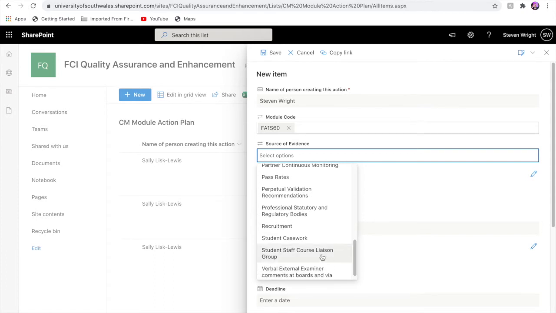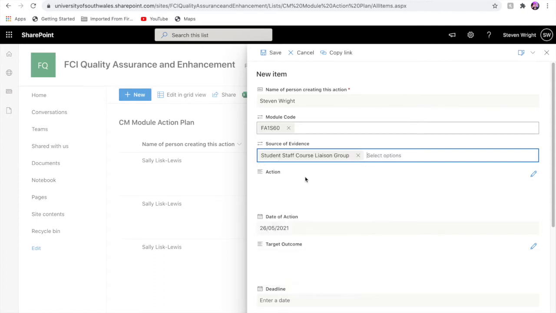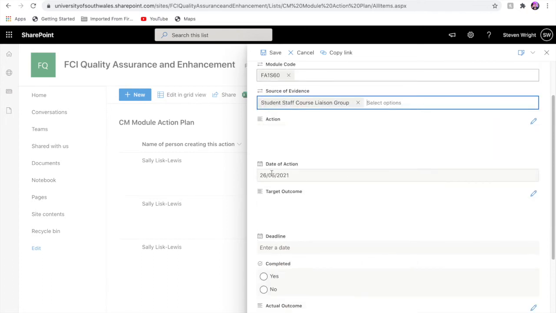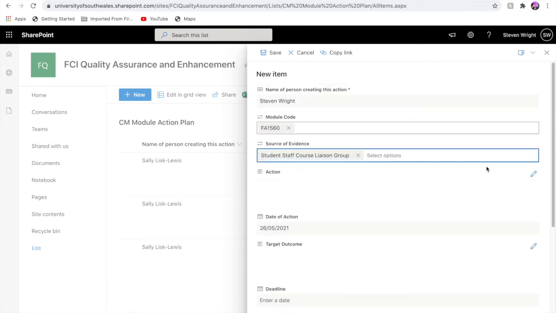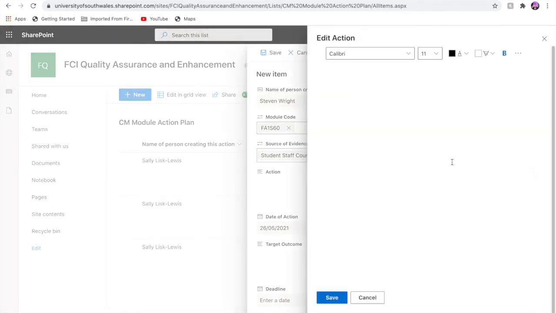So I'm going to go for the SSCLG, the student staff course liaison group. The date of the action. Okay, what is our action? So our action, remember we're looking at smart actions. Now I've created a video on smart actions for you to look at. So let's say something like